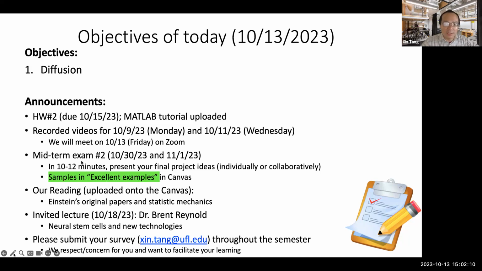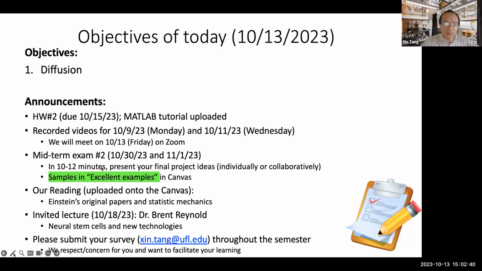So for the midterm exam, we already discussed that you will present your final project's idea for the first time in midterm exam number 2. And you can do it individually or collaboratively for 10 to 12 minutes for each group. I have already put some examples into Canvas, but those examples are mostly the final report. Okay, so we will stick to this